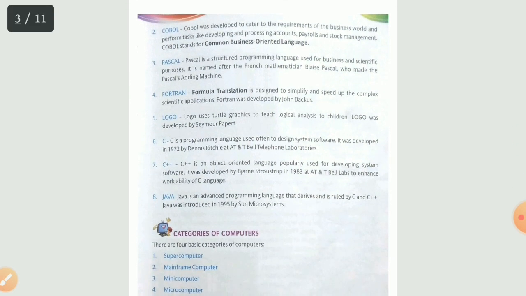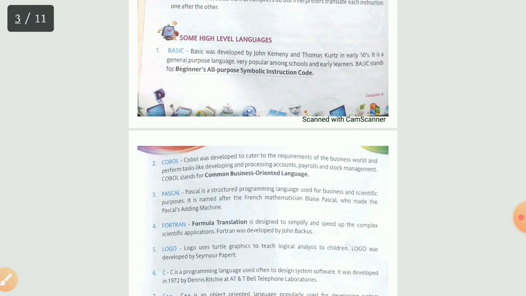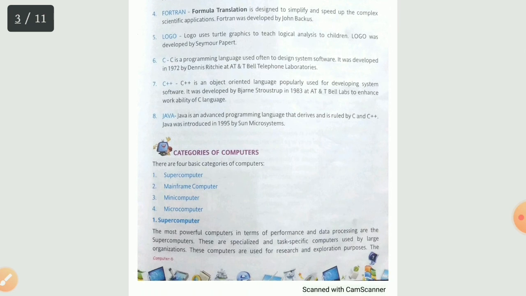Now the next topic is the categories of computers. From categories of computers we'll do the revision next time. Up till now, complete this, and complete both chapters in your copy, the first one and the third one. The second chapter is not in your syllabus, again I'm telling you, and the fourth chapter is also not in the syllabus. In the live class also we will start the fifth chapter from next time, and over here we'll start the revision of categories of computers. Till then please sit at your home and prepare for your unit test. In case of any doubt you can let me know. So this is for this video. Thank you so much.